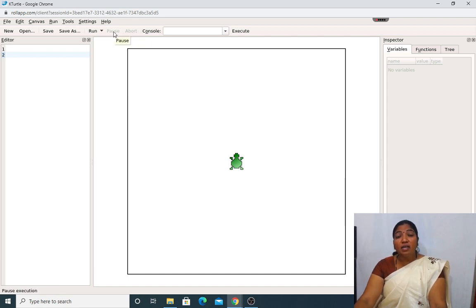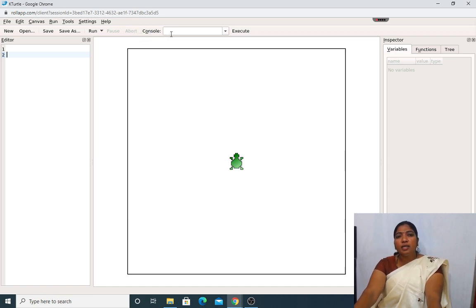Pause is nothing but it will stop temporarily. Again, if I click on run, the stopped program will start again. That is the main purpose of pause. But what is the main purpose of abort? It will stop the execution of the program permanently. That is nothing but abort. Are you understanding the difference between pause and abort? Pause is temporary, and abort stops the execution of the program permanently.